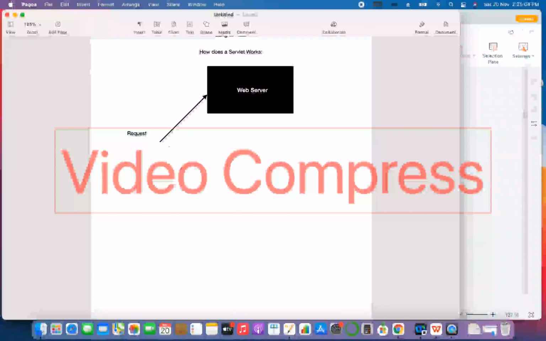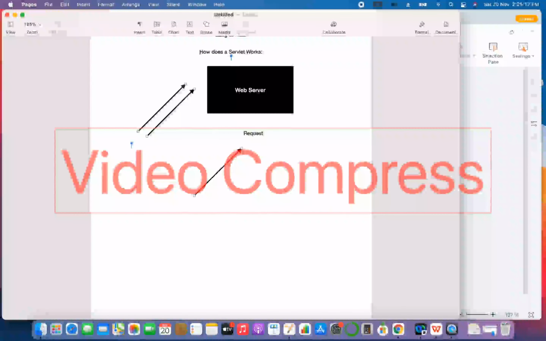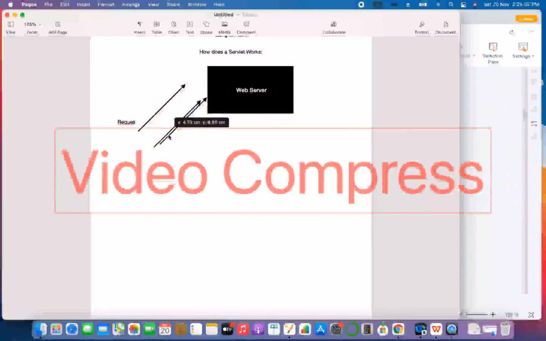I'm sending multiple requests. Okay, so I'm sending multiple requests to my web server, and then the web container, the web server, they